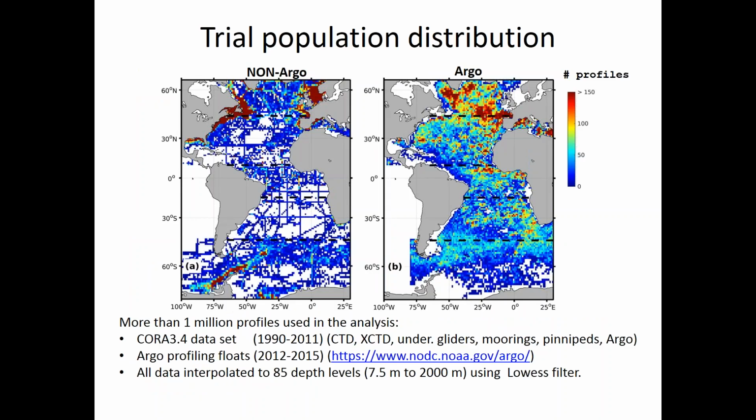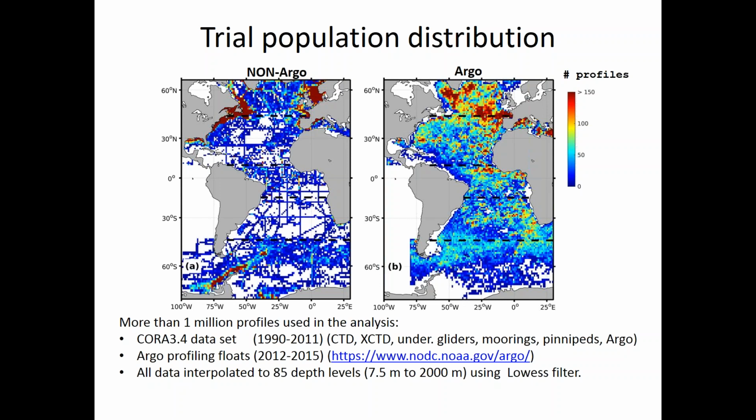So first I'll talk about the data used. This is the total population, used to calibrate the regression models I'm going to present. We use 2 types of data, the non-Argo and the Argo data. Both of them together are about 1 million profiles in the whole Atlantic between 75 south and